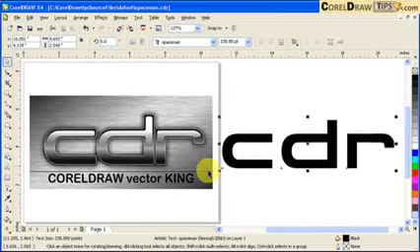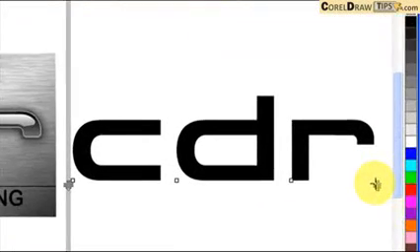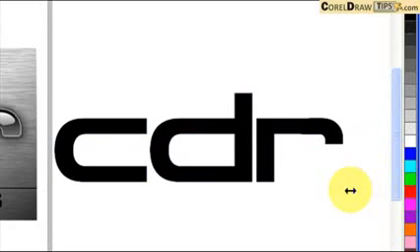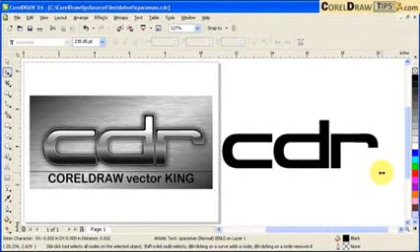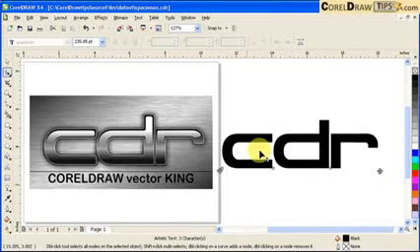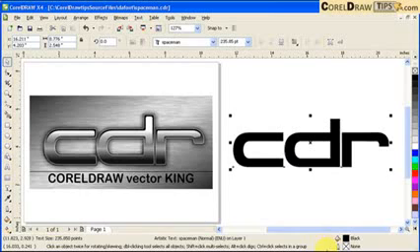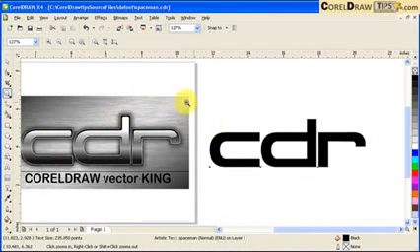But then you notice that the spacing of the text is a little bit compressed. So you go to your shape tool, and then this arrow here, you click and drag going near. Okay, so let's say I'm happy with that, so I'm fine. So I'll just put it somewhere there. Okay, now we can start